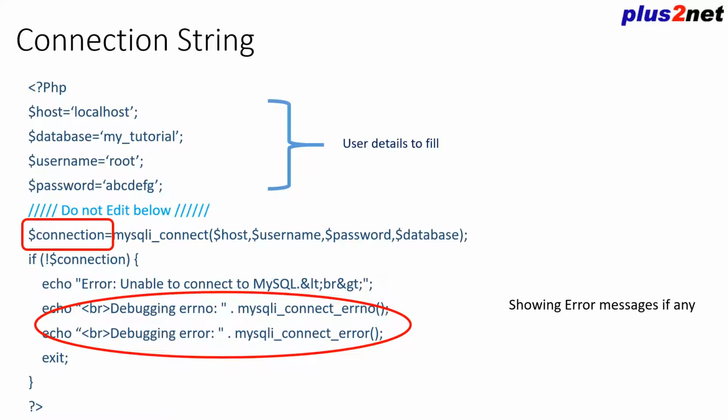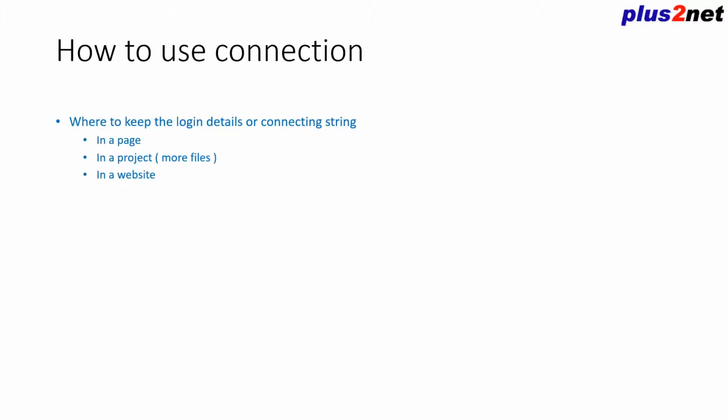Now let us see where we will keep the connection object. We can keep this connection string in our files, but imagine that we have a small script or a big script where hundreds of pages are there, and everywhere we have mentioned this connection string. If you change your database password, then on all 100 pages you have to change it. Similarly, if you are running a website and you have changed your host, and your new host provides a different user ID, password or address, then you have to change all the pages, and if you miss anything, your site may collapse.